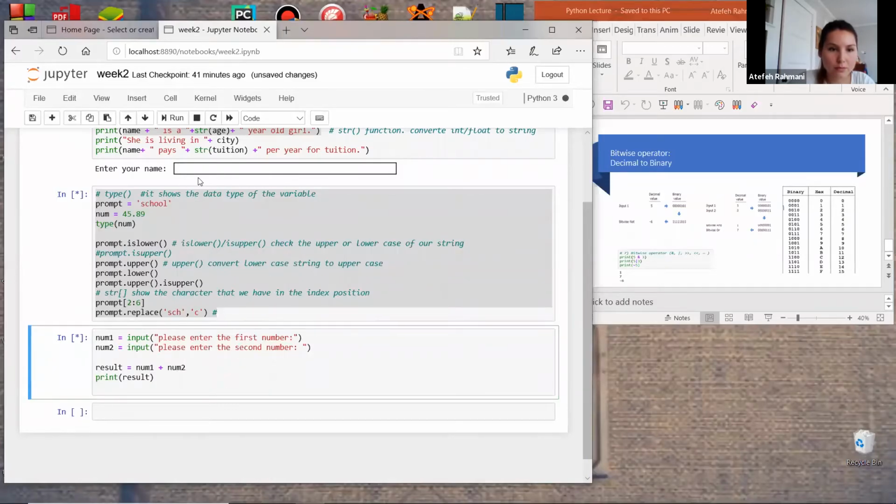Okay, it keeps asking me this one, but I want to choose. Let me just write this one. I want to check the type of num, okay? Num1 that I have. Let me see what kind of